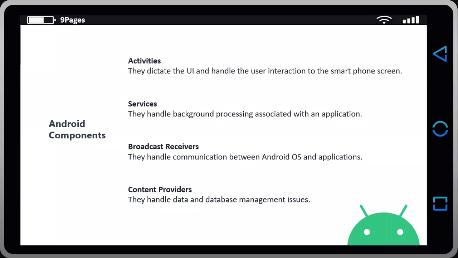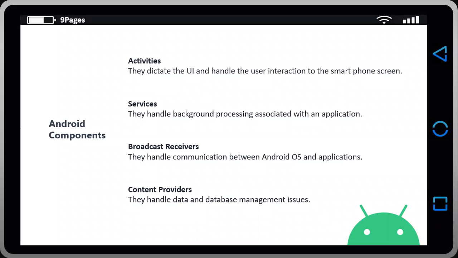For example, a service might play music in the background while you are performing any operation or using any other application, or fetch data over the network without blocking the user interaction with an activity.